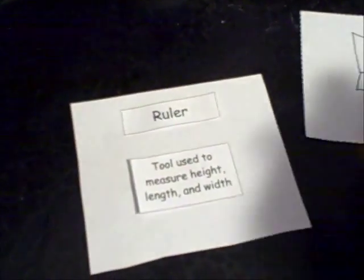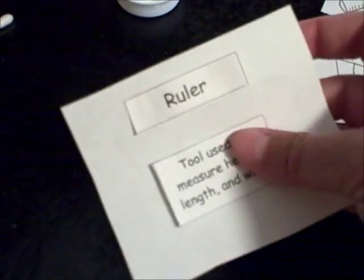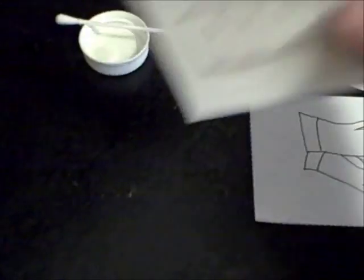And they will do this for every single one of these. I really just showed you the first 5. Once it's all dry, it will go inside of their toolbox right here. So this is your little science toolbox. And all of them actually, once they're done, will go